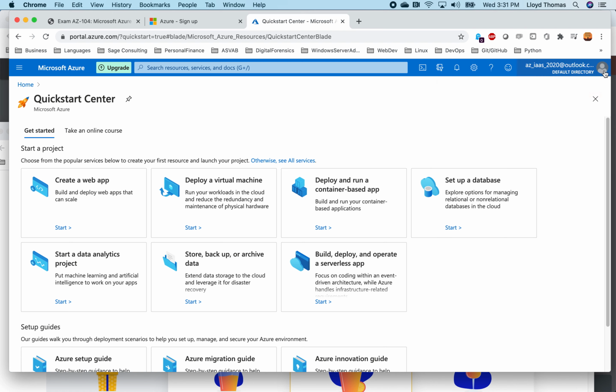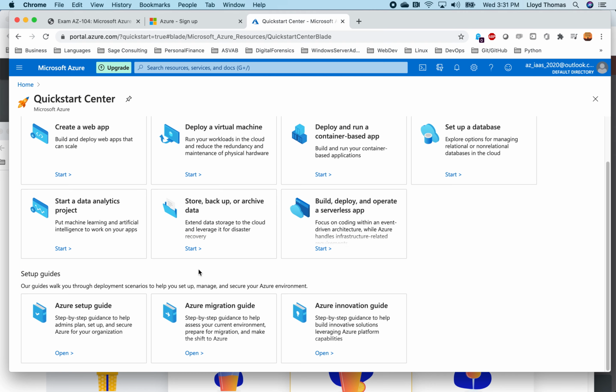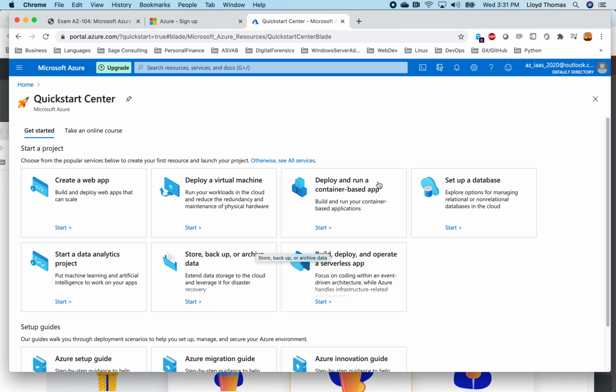So this is the Azure platform. Welcome to the Azure platform. This is where you do everything. If it's your first time logging in, you are presented with a quick start center. These are the different things you can do in the quick start center. I'm not going to go over all these, but I'm going to focus on our course objectives. So let's go around. You are at home right now. If you click home, you get presented